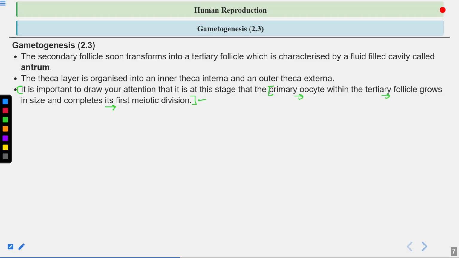Okay. So primary oocytes are diploid. They have 2n number of chromosomes. They have 46 chromosomes in case of humans. Meiosis occurs in the diploid cells only. Okay. After meiosis, what happens? The chromosome number is reduced to half. So meiosis is known as the reductional division.